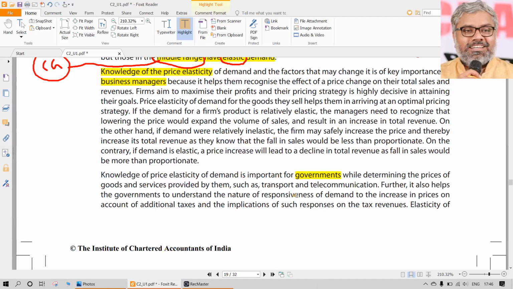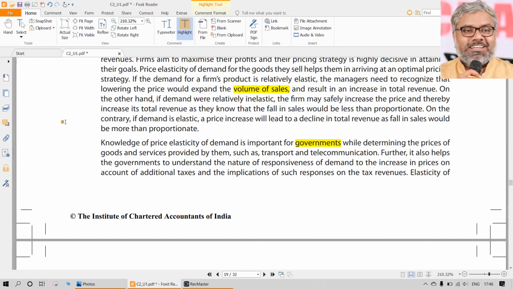So it is a very important aspect. And the knowledge of price elasticity is not only important for business managers, though for them it is important, because that will ultimately impact the volume of sales. That is the ultimate objective of any company, any organization. They want higher sales. And how is that possible without understanding the tendency of the product, without understanding the price elasticity of the product? To achieve higher volume of sales, business managers should know the price elasticity of demand of a particular product, where it stands, and how the behavior of the product is. They have to understand that anyway.